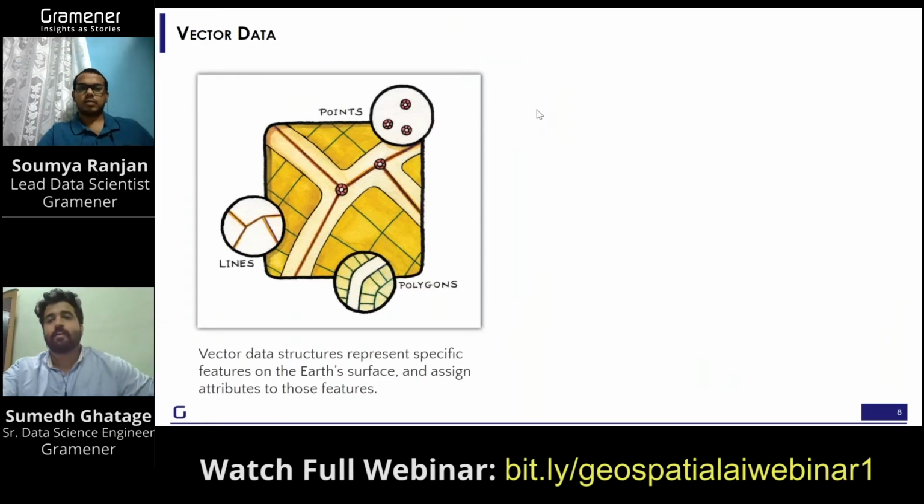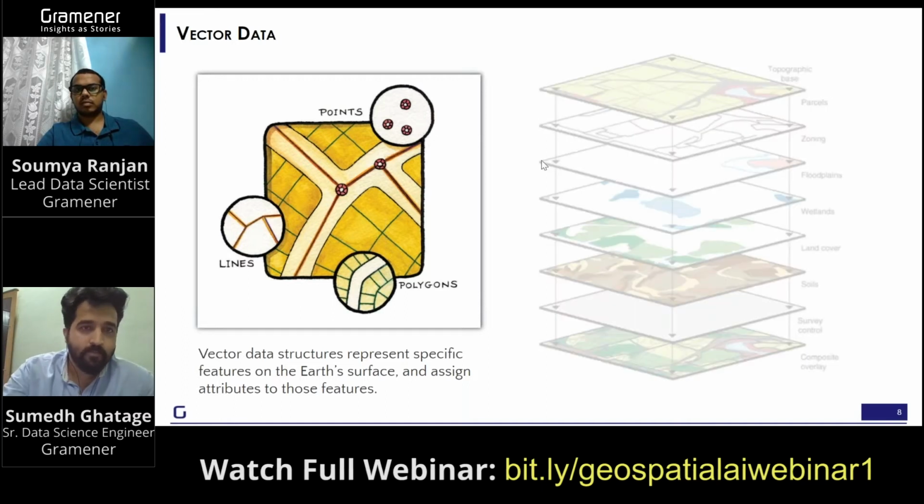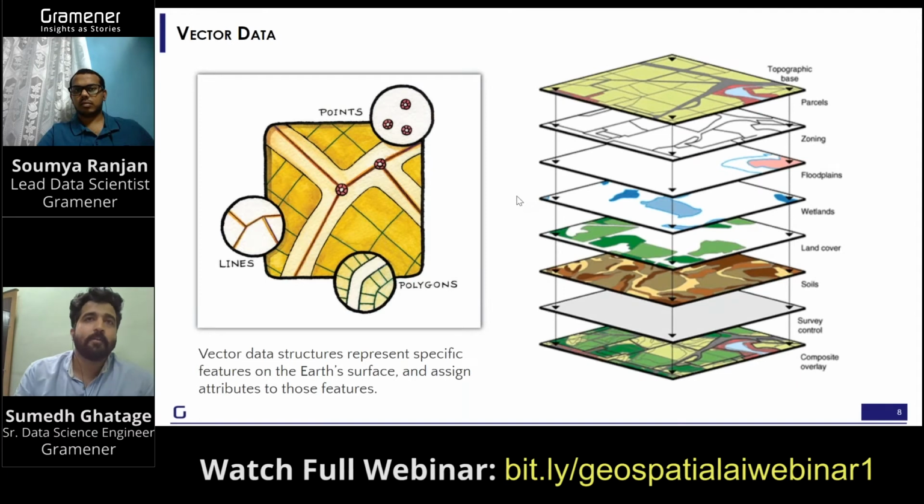So when I say GIS, there are two types of data sets, vector data and raster data. Vector data generally consists of three main features. First is the point data set. For example, when we open Google Maps or Ola or Uber Maps, we see point locations. Any particular spot or location, for example a shop or mall or hotel, is defined as a point data set. The line data sets are generally defined for road networks.